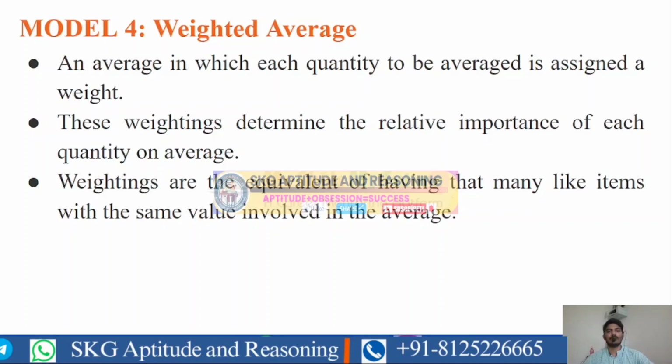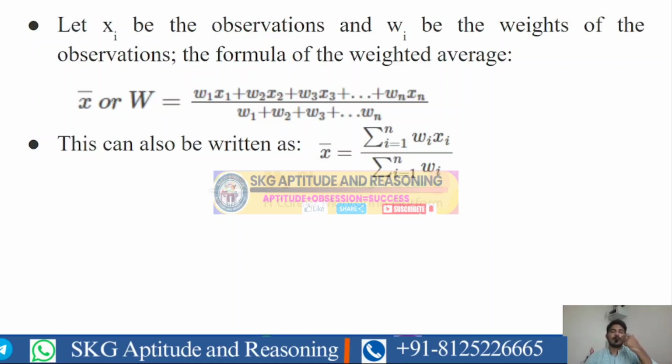So what do we need to find from this? What will these weightings actually do? The weightings determine the relative importance of each quantity in the average. After this, what is the basic formula? Here we are denoting some values. Let xi be the observations and wi be the weights of the given observations. The basic formula is x bar w, the weighted average, will be equal to